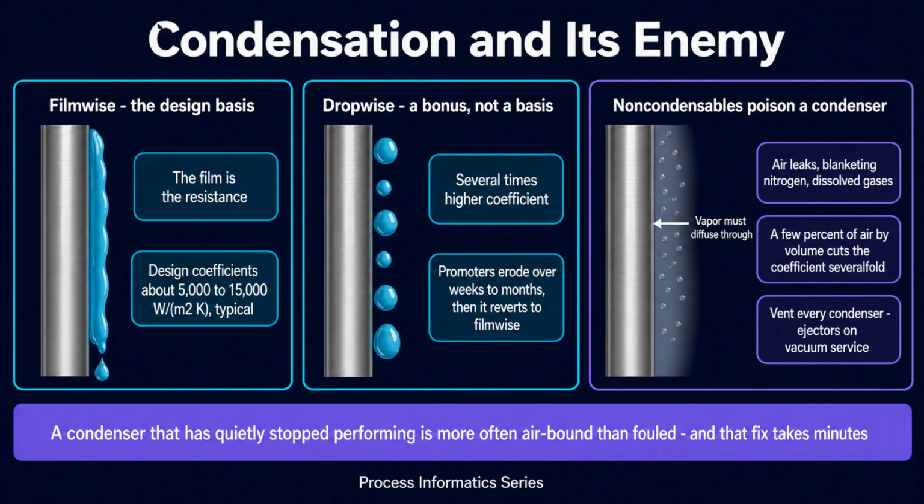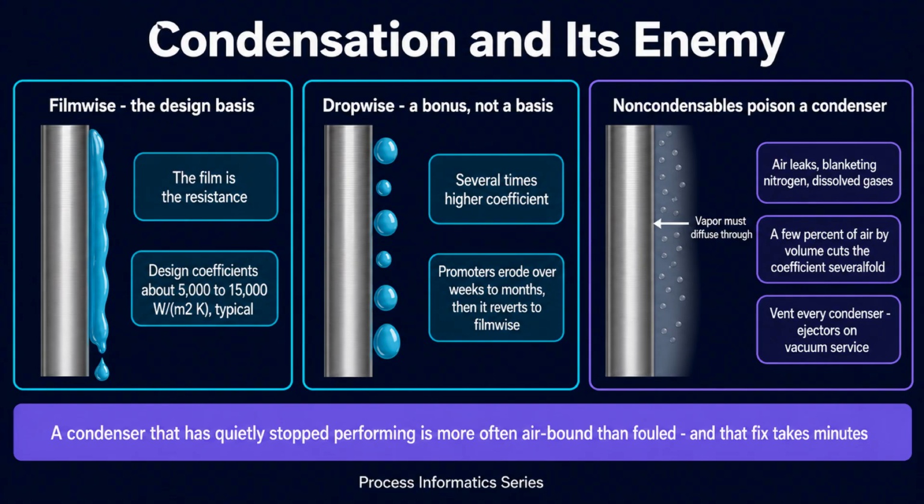Dropwise is not a design basis. Sustaining it needs promoters or coatings that erode, oxidize, or wash away over weeks to months, after which the surface reverts to filmwise. Standard practice is therefore to design filmwise and treat dropwise behavior as an unbooked bonus. Steam condenser coefficients quoted for design fall around 5,000 to 15,000 watts per square meter Kelvin, typical magnitudes, sensitive to